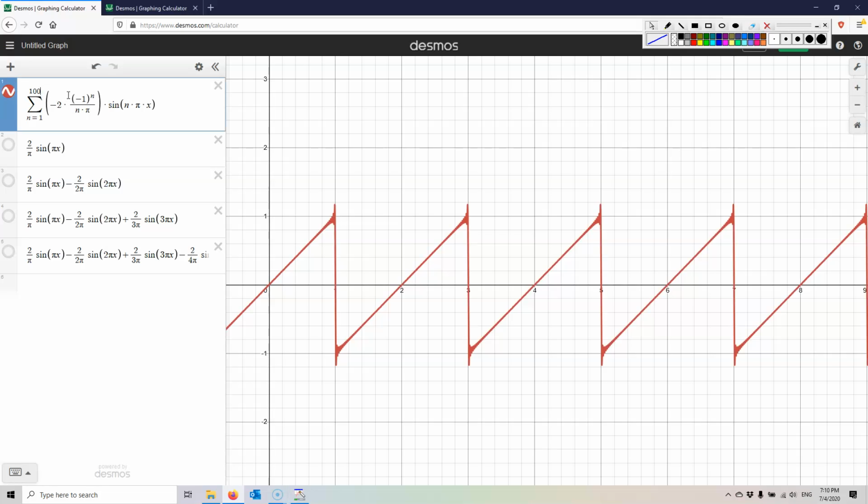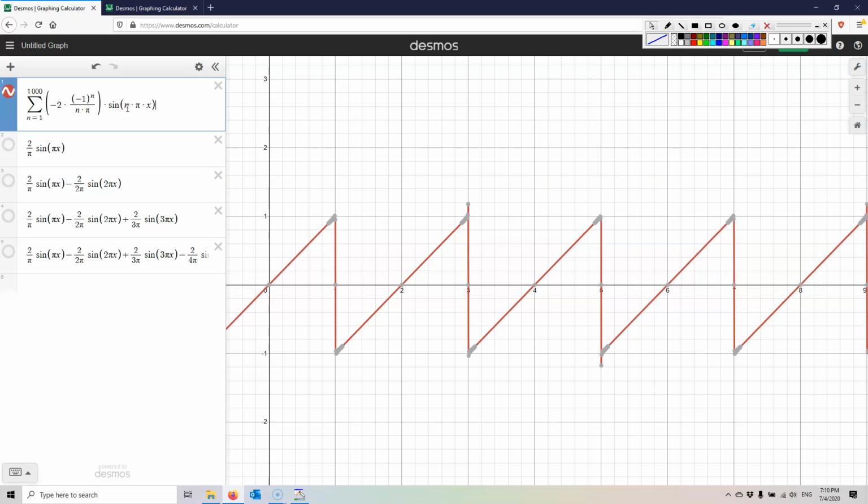Let me see how far it lets me go. If I put in 1,000, is it going to explode? Nope. Works perfectly well. You can hardly tell the difference now. A little bit here again at the endpoints. Looks perfectly like the sawtooth function we wanted. But it is a sum of 1,000 different sine functions.